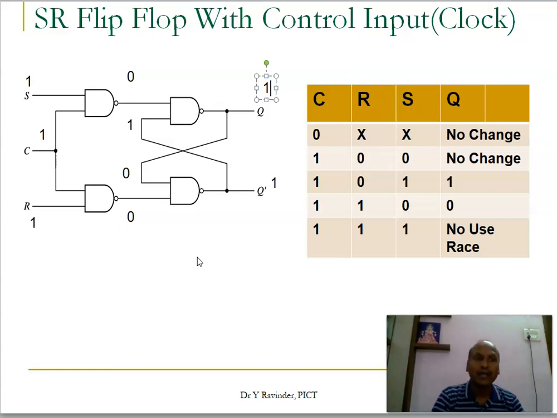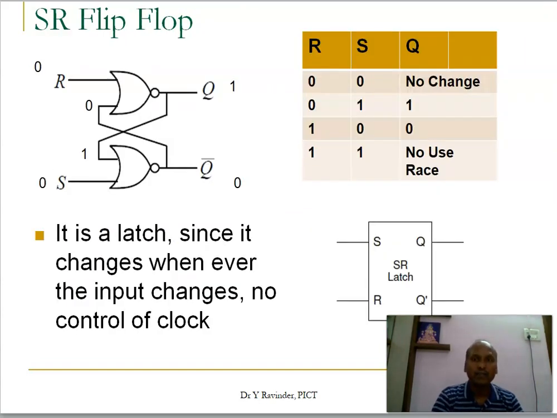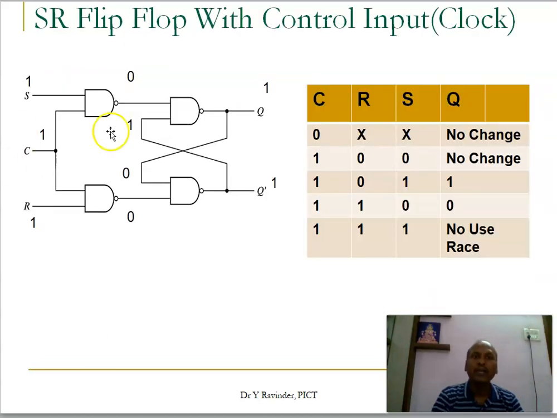That is a latch I was talking about. This is a latch. This is a latch. Now I can make it a flip-flop by having a control input. That is, I have done it by using a NAND gate. So in the NAND gates also, we try to understand a complete truth table by changing every value.